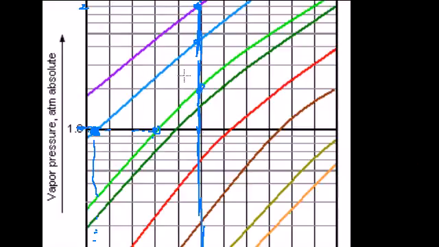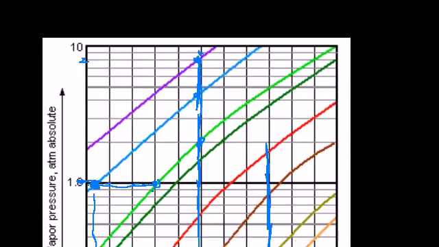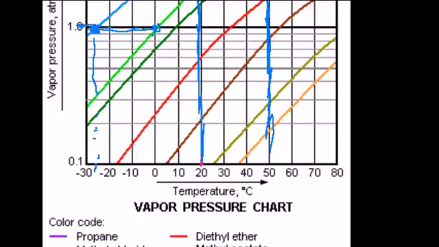But it's just an interesting chart to look at, that there are actually a bunch of different vapor pressures. You can see at atmospheric pressure what's likely to be a gas or a liquid at different temperatures. And then you can see at different temperatures which are the things that are most volatile, and how much you have to increase or decrease the pressure to evaporate something or to boil it. Anyway, hopefully you found that useful. Vapor pressure, it's something that we encounter every day, and I'll see you in the next video.